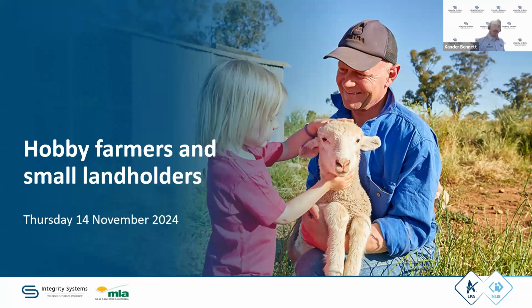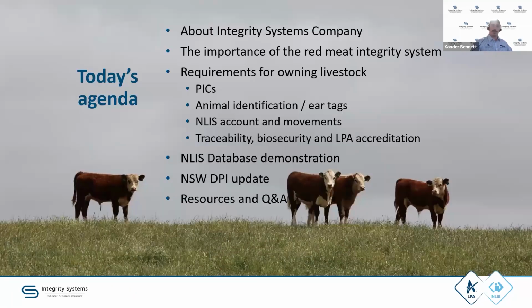But before I ramble on for too long, let's get on to tonight's agenda. Tonight you'll be hearing from myself a bit about MLA and Integrity Systems Company and the importance of the red meat integrity system in Australia. I'll be going over the basic requirements of livestock ownership under Australia's red meat integrity system. This includes property identification codes, or PICs, what they are, why you need one, where to get one,